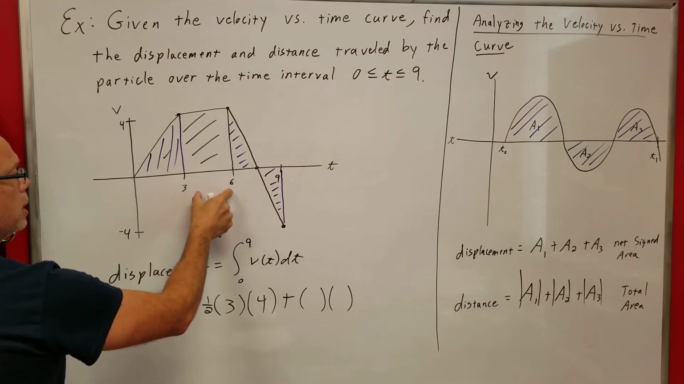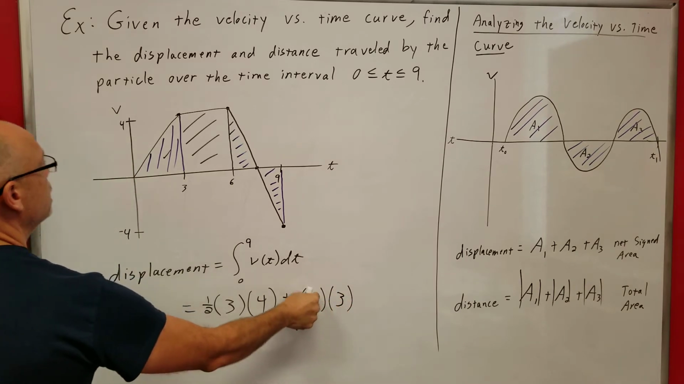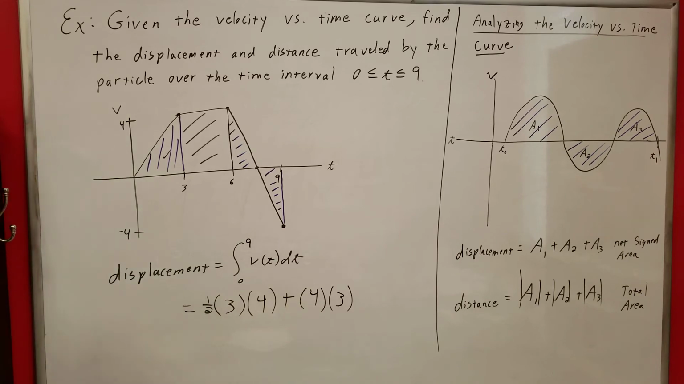Well, what's my width here? From 3 to 6 is 3 units. What's my length? My length is here, which is what? 4 units. Plus,